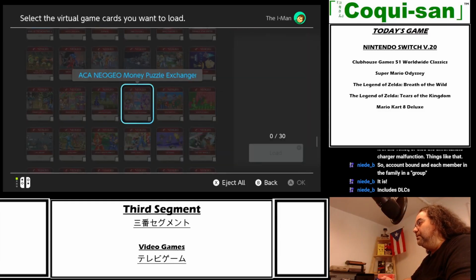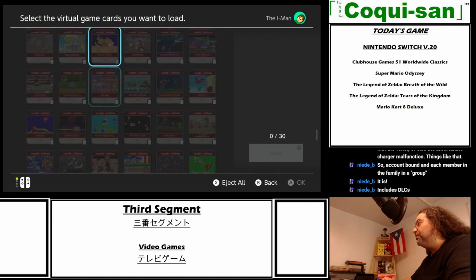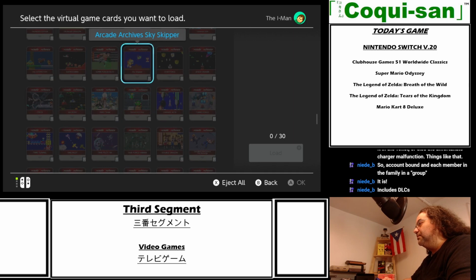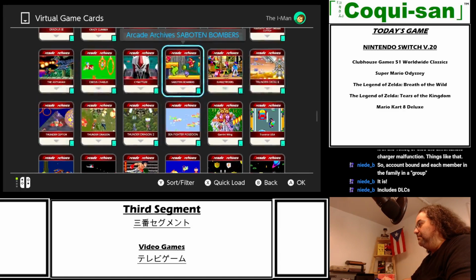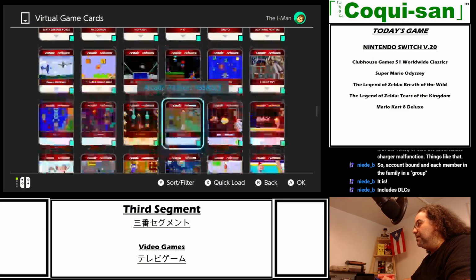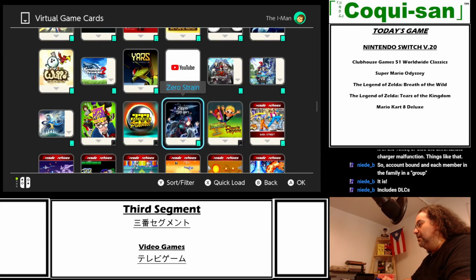Let's quick load. Select the virtual game cards you want to load. Oh, so you could do 30 at once, huh? Eject all. I don't know what eject all is. I don't know if I should even try that, because they'll probably make me go through a crazy process. You know what? If I'm gonna try the eject button, let me pick a game that